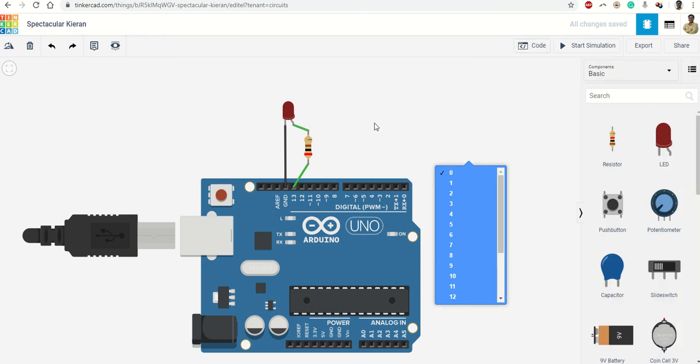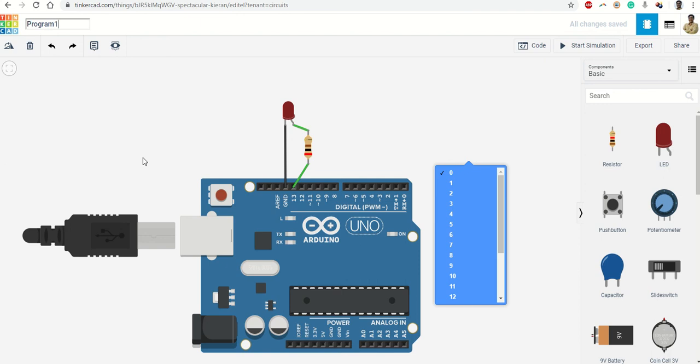So once we are done with all this, we want to save our program. So how to save that? Here you will have a random name of your program given by Tinkercad. Just click on this name, and now you can save it as any name that you want to give.